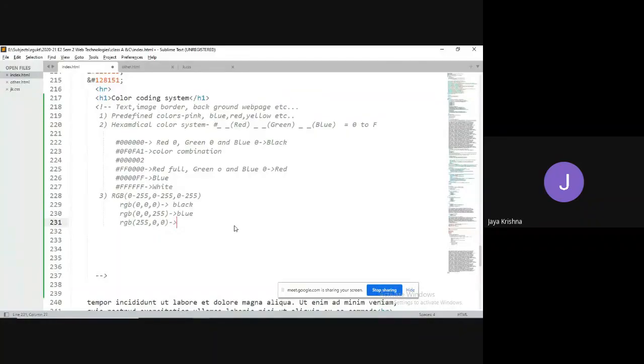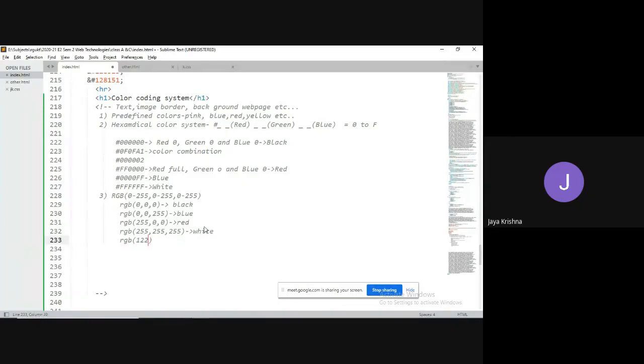Red. Very good, we can expect the output as red color. If I write RGB of 255, 255, 255, we can expect the output as white color.